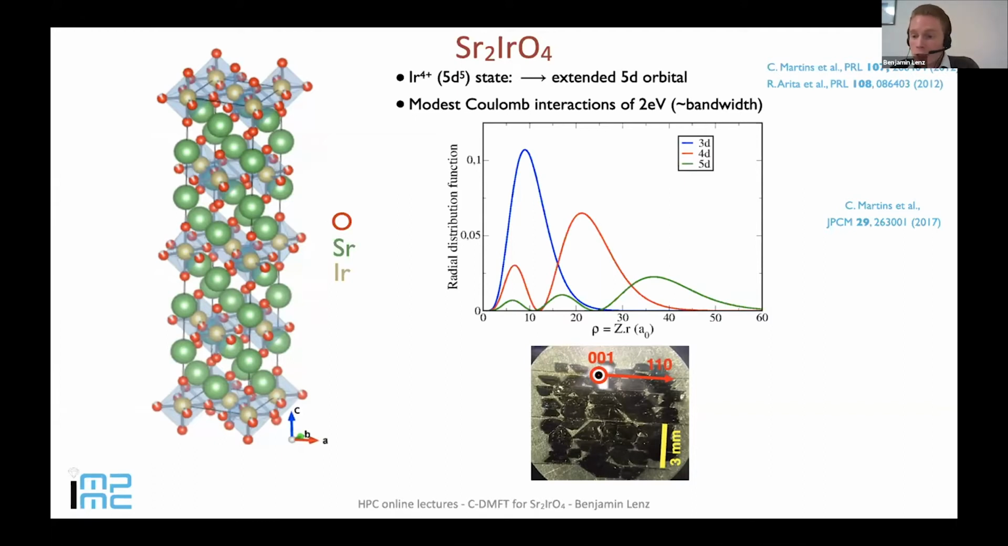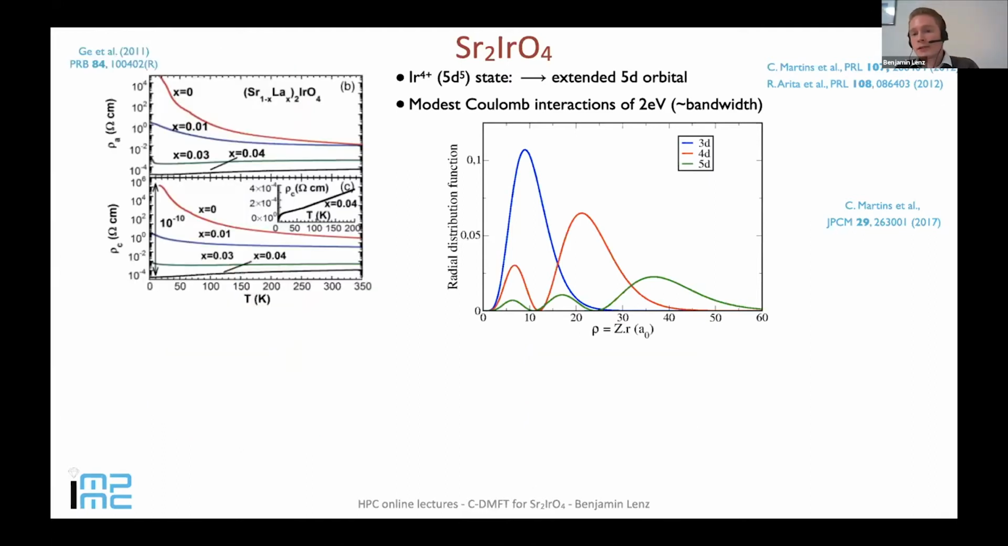Now, as you can see in the bottom panel, by now we can synthesize quite pure and quite clean single crystalline samples of strontium iridate, which allows us to do a lot of different experimental studies on the system. The very first thing which you usually do is resistivity measurements. So what I show here is the resistivity as a function of temperature. And if you focus on the red curve, which is the pure strontium iridate sample, you can see that this sample is not a correlated metal, but a rather nice insulator,